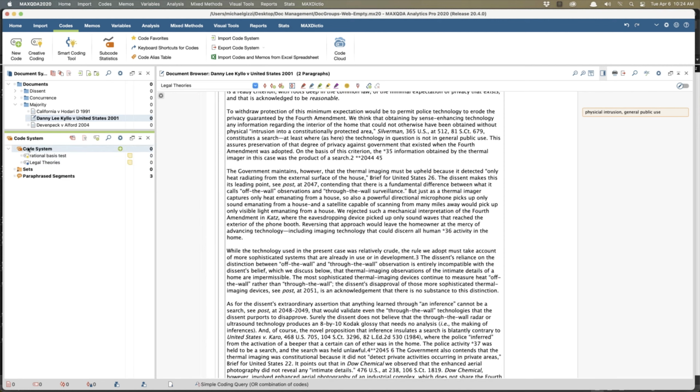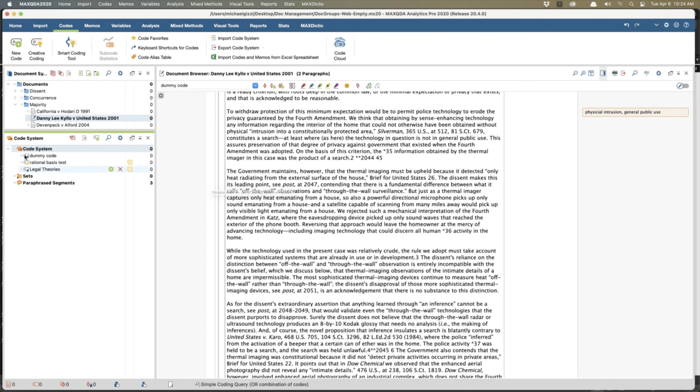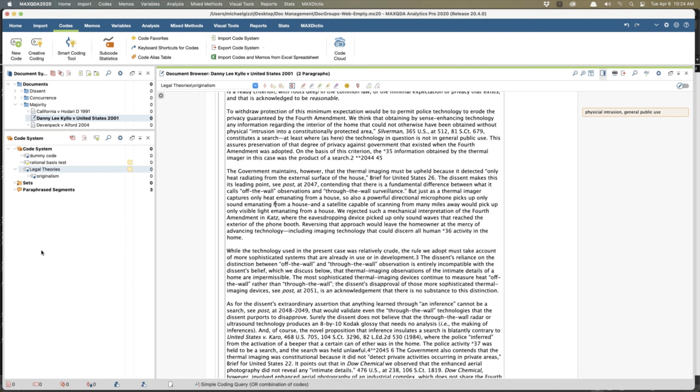If I've got the code system selected and I select new code, this is just going to be a dummy code. It's there. If I've got this selected, click plus, new code, it's a subcode.